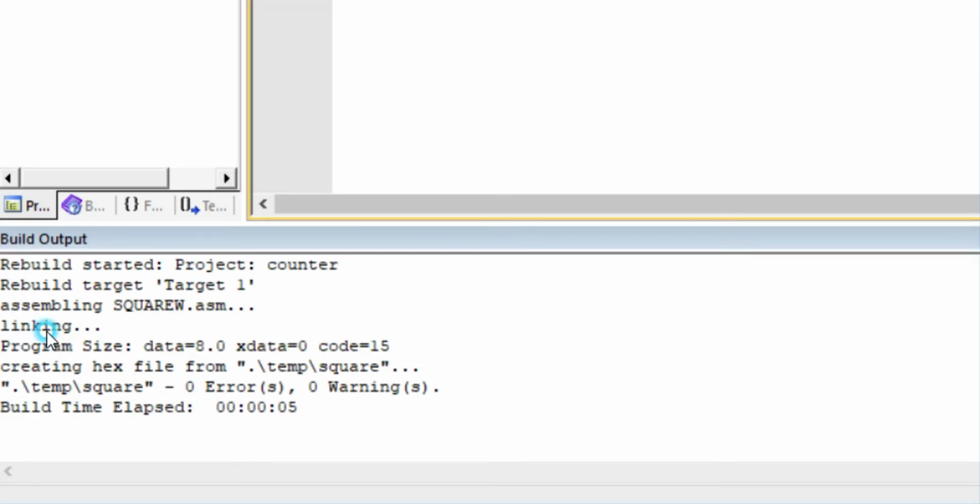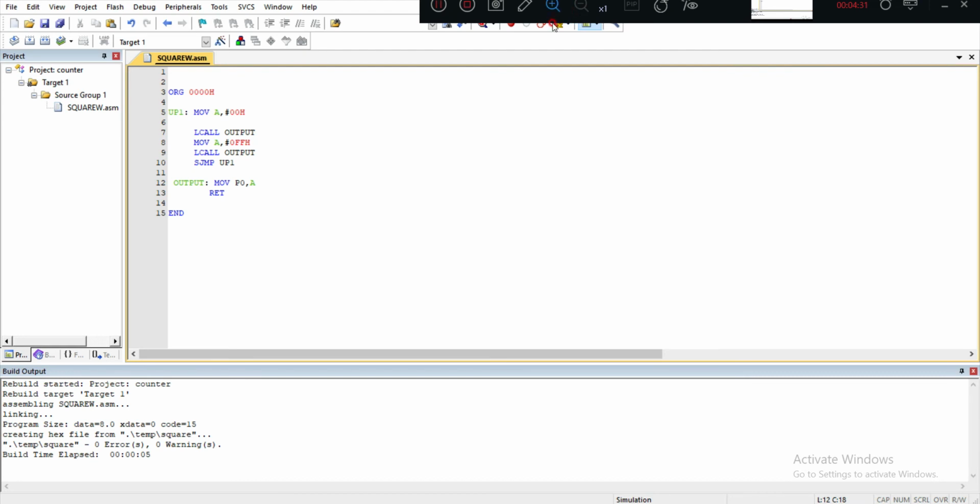Once you are done with build and rebuild, what is the name of the hex file we have created? Square. It will exist in the corresponding folder with the name SQARE. If you want to check it, you can go to the mentioned folder. You will find the name square with a dot hex.